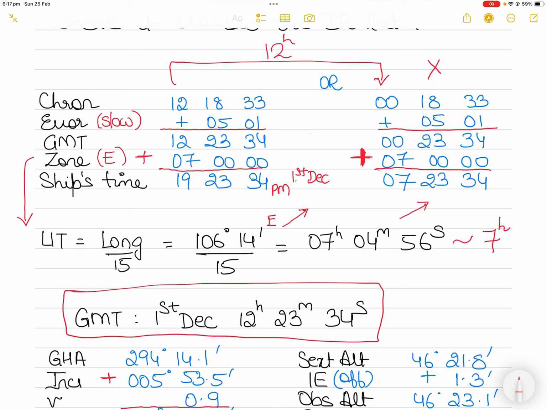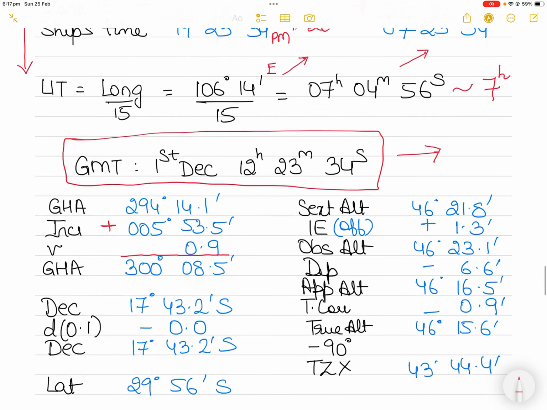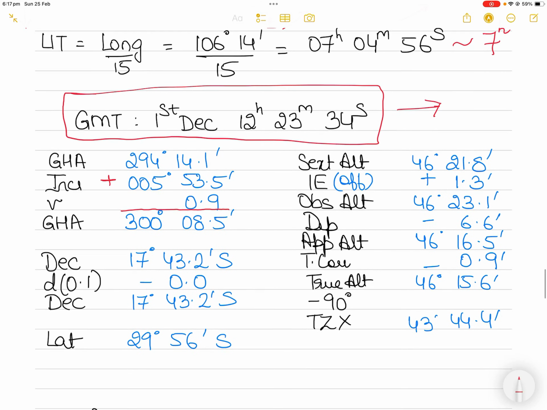And so if I'm 7 hours ahead of GMT and the time at GMT is 12:23:34, that means it is afternoon at GMT. So the date must be the same. So that is the GMT date and time I will highlight in my answer. Make sure that you use the GMT time and not the ship's time by mistake. Okay, so now that you remember the GMT date and time, the 1st of December 12:23:34, let's get into the almanac and find out the values